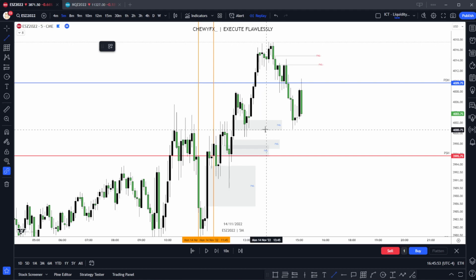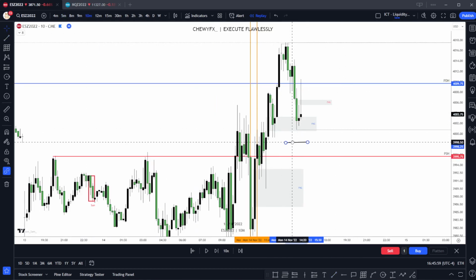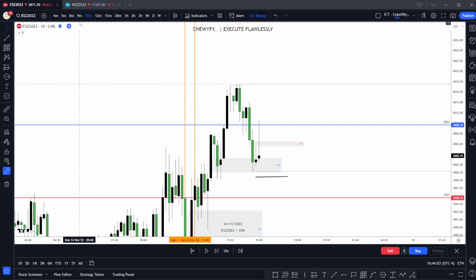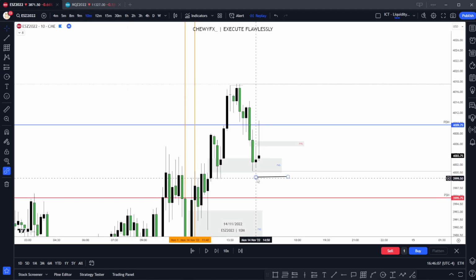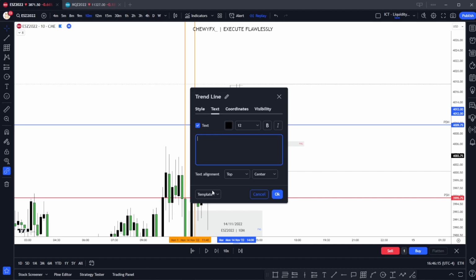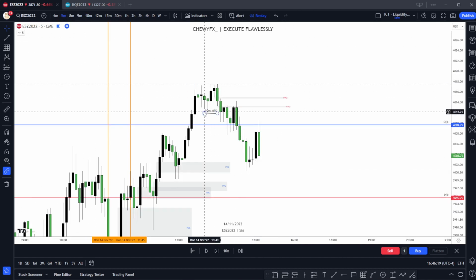So if we're looking for a reversal entry, this would be our 10-minute. Actually, no, that would not be the 10-minute. Oh, the 10-minute actually would have been all the way up here. Now, the reason why I'm saying this is the 10-minute market structure shift, even though it's just really small, if we go here to the 5-minute time frame,